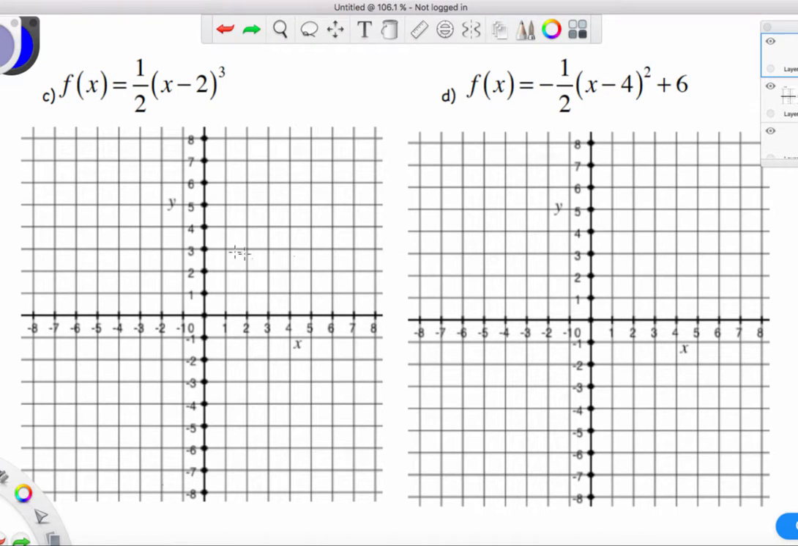All right, let's go ahead and do another problem. I'm just going to start by drawing the regular parent function. If I took away the 1/2 and the 2 and all the numbers here, I would have the parent function of f of x is equal to x cubed. And then that graph would look like 0, 0, 1, 1, 2, 8, and then -1, -1, -2, down 8,